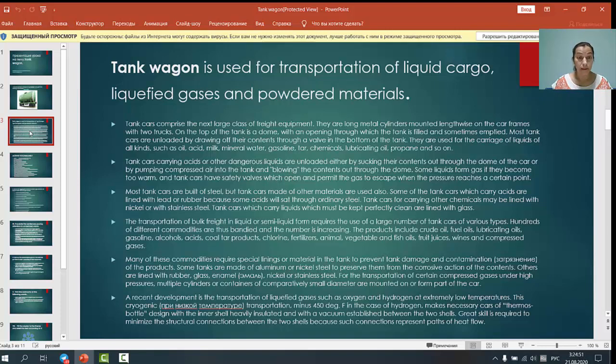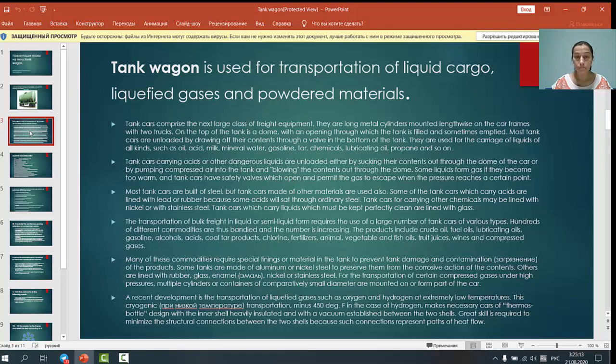Many of these commodities require special linings or material in the tank to prevent tank damage and contamination of the products. Some tanks are made of